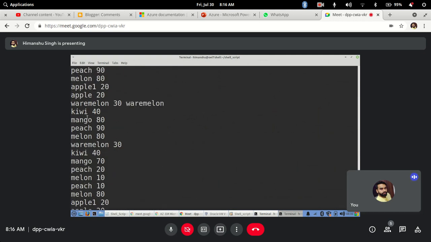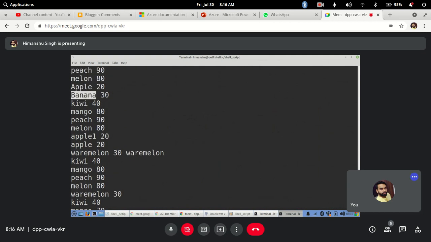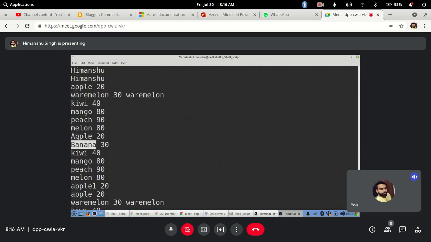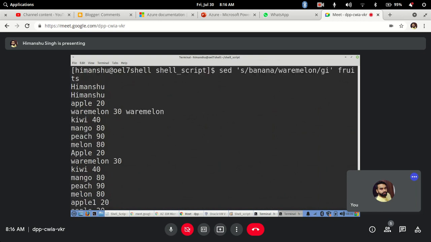So earlier if you see, where was that capital banana, yeah, this one, the 6th line. So see, this is also changed here, whether it's written in capital or small letters. Got it? Yes, it depends on what you are trying to do, what you are trying to replace. Based on that you can go ahead and use that.